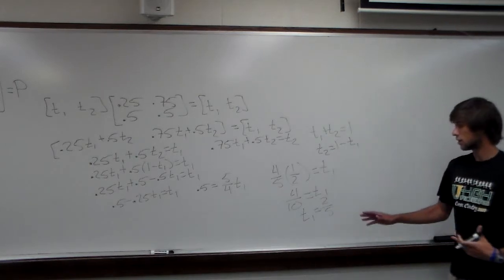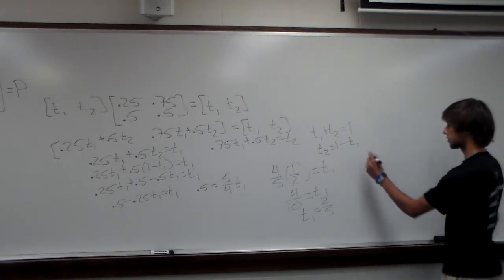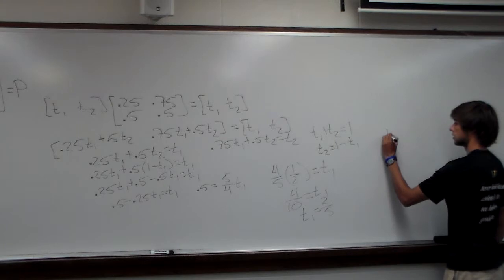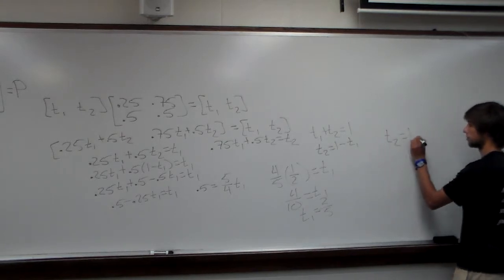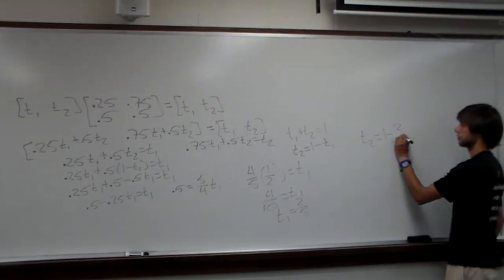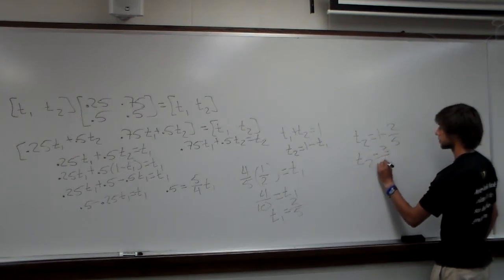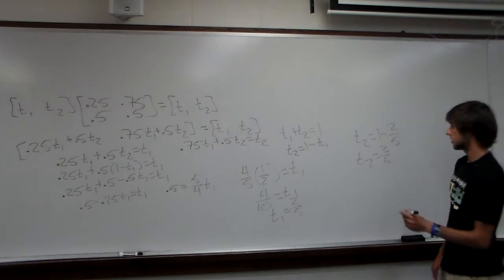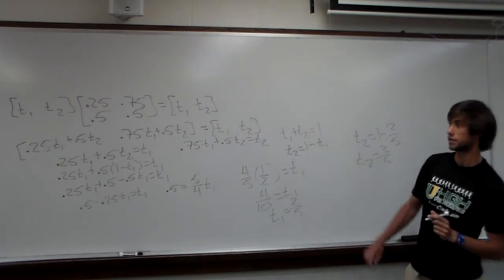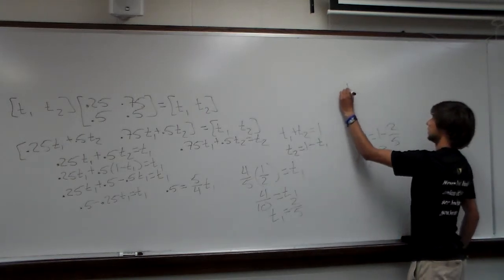Finally, we just need to find out what T2 is. If we look over here again, we have T2 equals 1 minus T1, which is 2/5. So T2 is equal to 3/5, which tells us that our vector T will just end up being